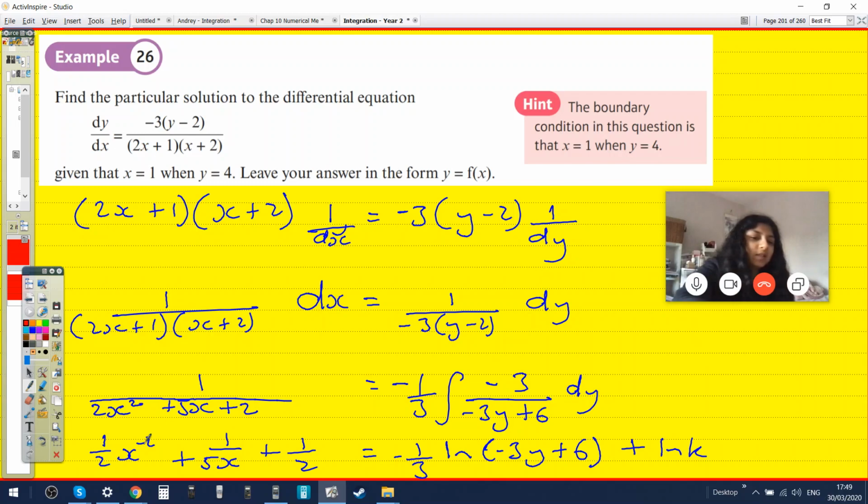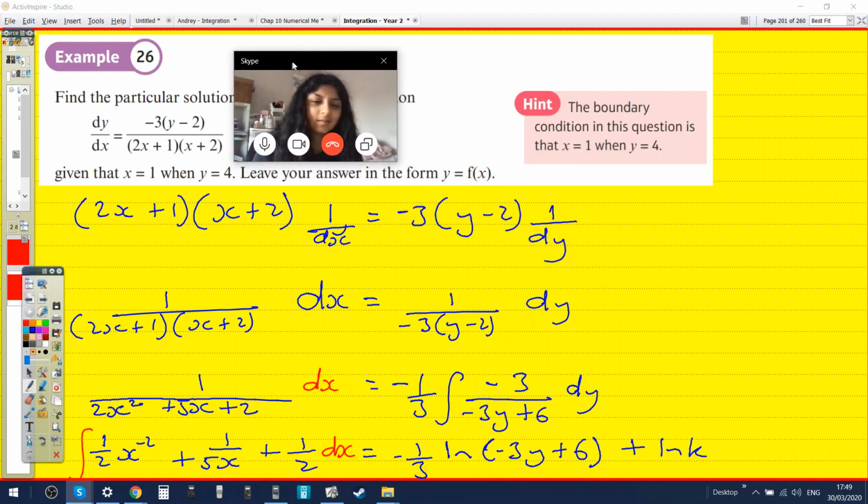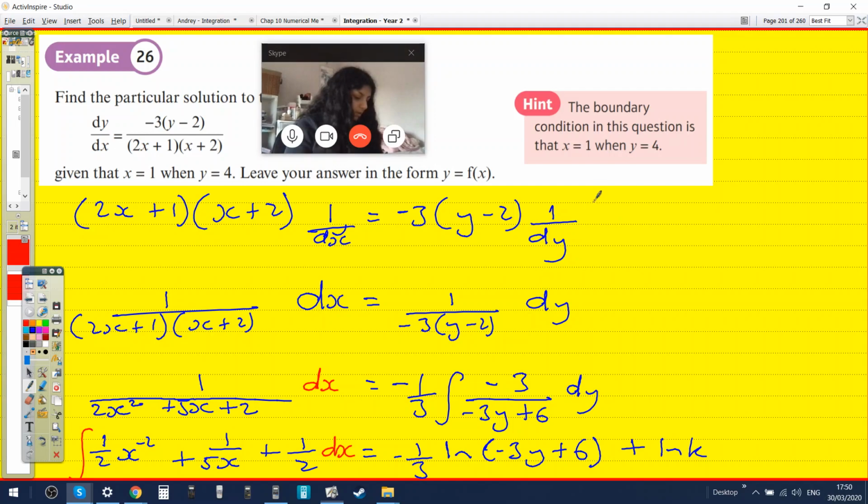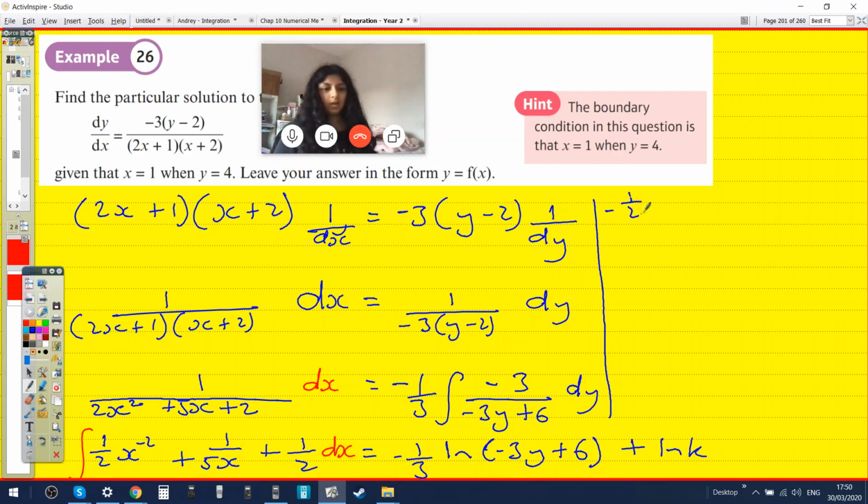Okay. Oh, you need to put an integrate sign there, yeah. Because that side's already integrated. But we didn't integrate the left. Yeah, then we have to integrate that. So x to the minus 1 divided by minus 1. Yep. So minus half x to the minus 1. Yes. Okay. It's 0.5 divided by. Yeah. And then that would just be